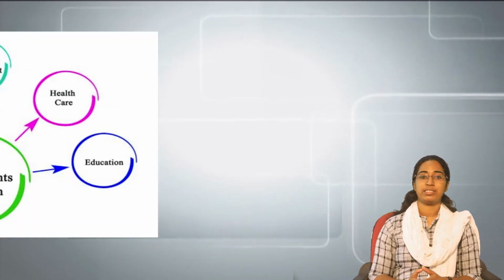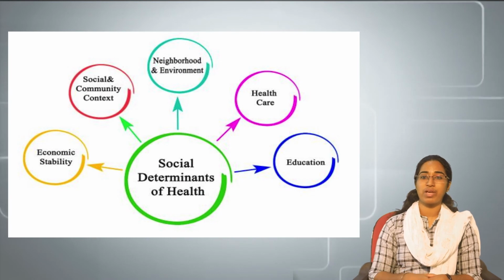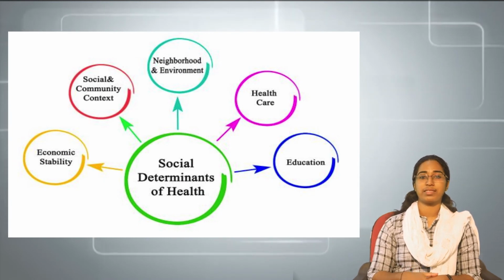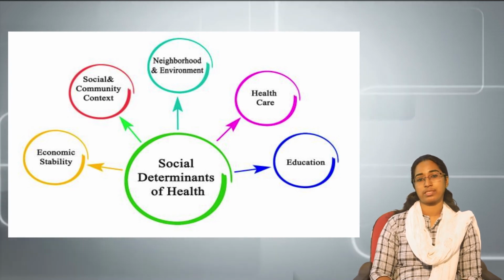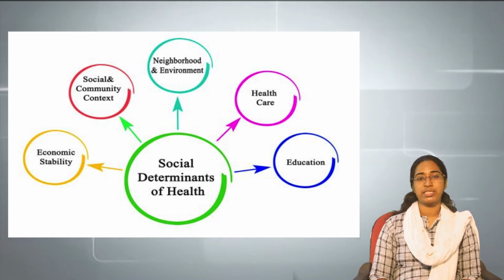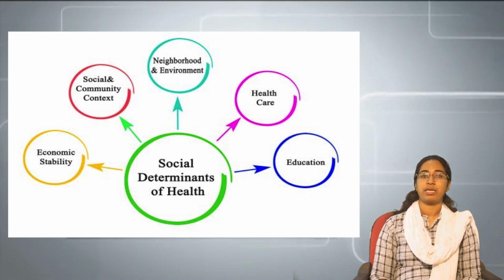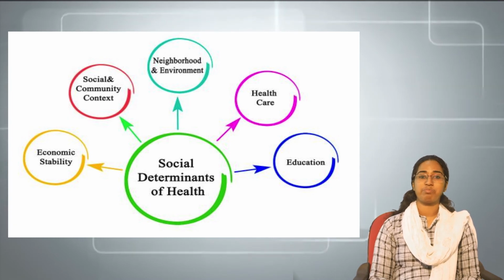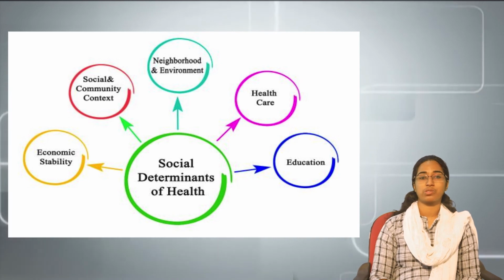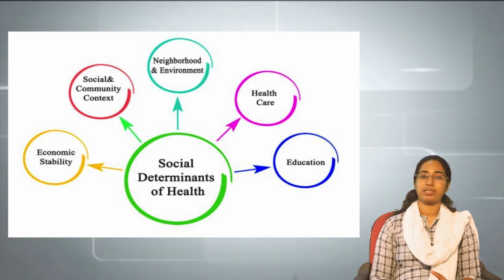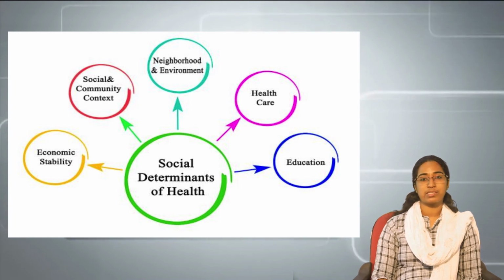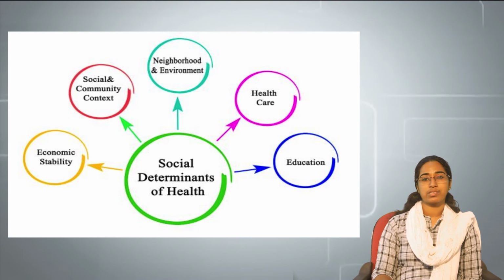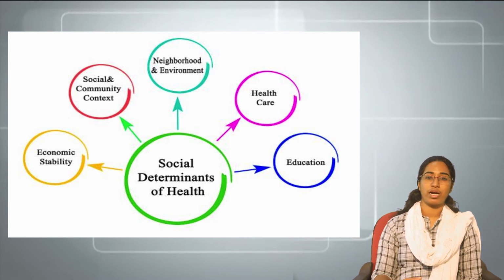While considering the barriers, we have to understand and explain the social determinants of health. We have been discussing all these factors, but still the social determinants of health exist in all sectors. It may be economic stability, social community context, neighborhood and environment, health care, education. So, social determinants are identified as barriers to the source of health information. It may be to the individuals, or in the existing society, or in the caretakers, or in religion, race, education, or whatever factors apply.